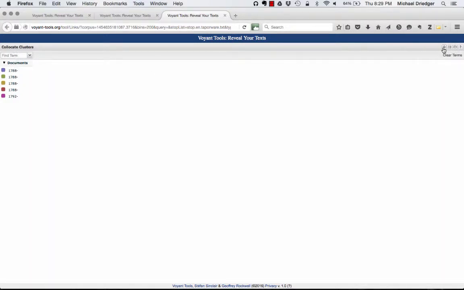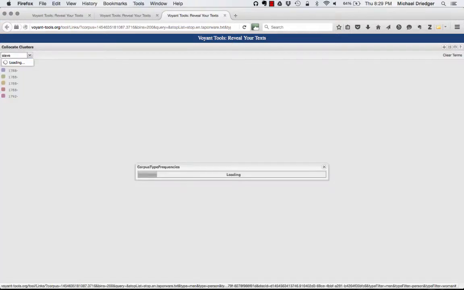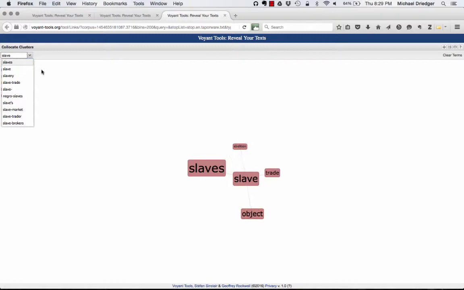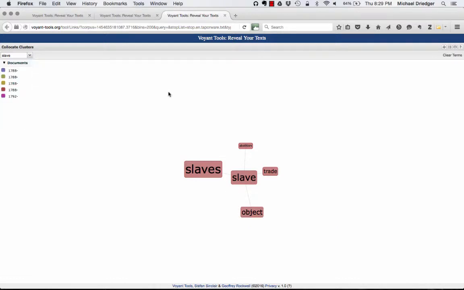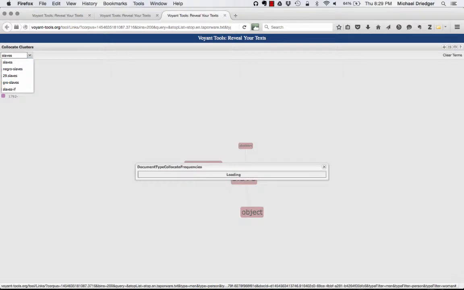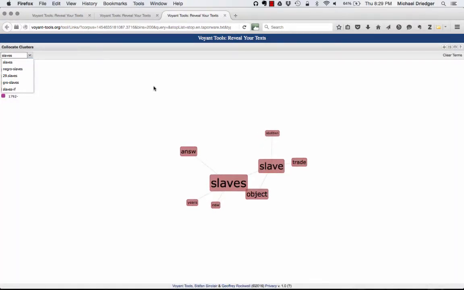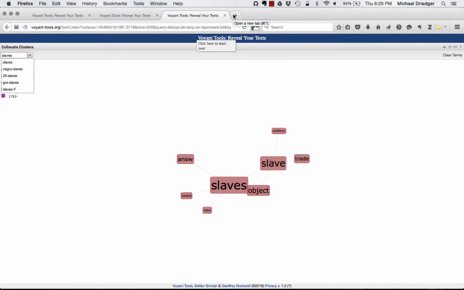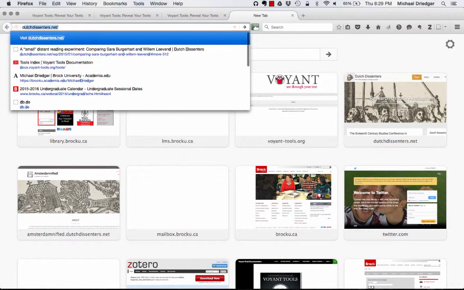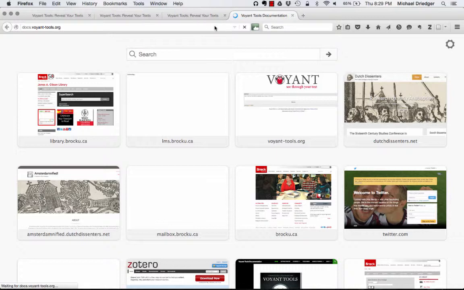I'm going to see if I can add a term. See if it'll work. Oh, yes, it does. This is just in Ramsey. That can't be right. So what I'm going to do, I'll try one more term, see if it shows up. I know that can't be right, so I'm going to go to the documentation for Voyant tools